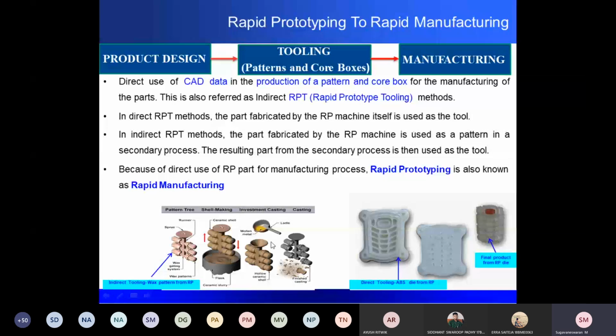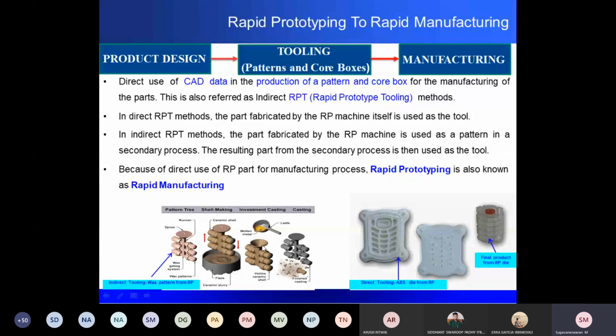Now you pour, the wax is still there inside. So you pour a molten metal. The molten metal will not cause any damage to the abrasives because the abrasive temperature is very high. It will not cause any damage, but it will melt all that wax. Either it vaporizes, or it drains, or it gets collected at the bottom.